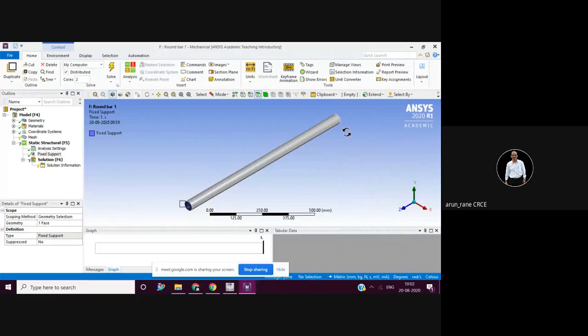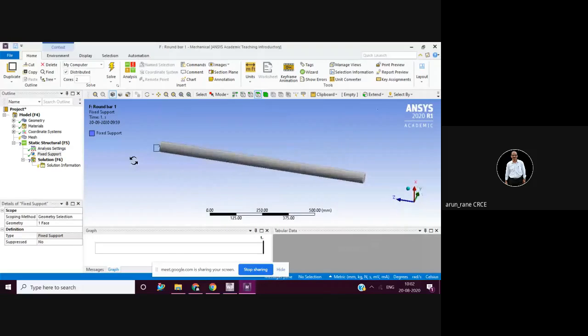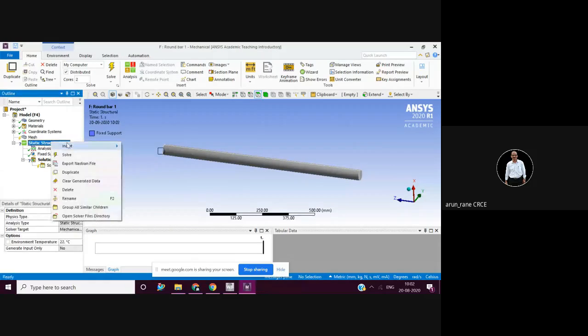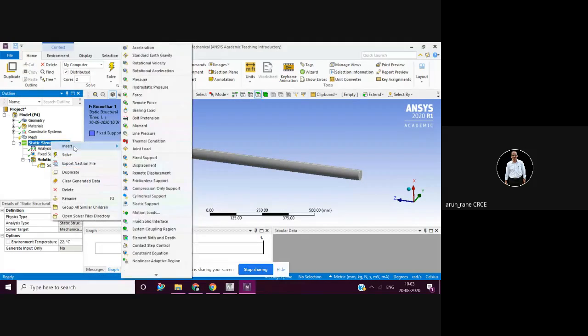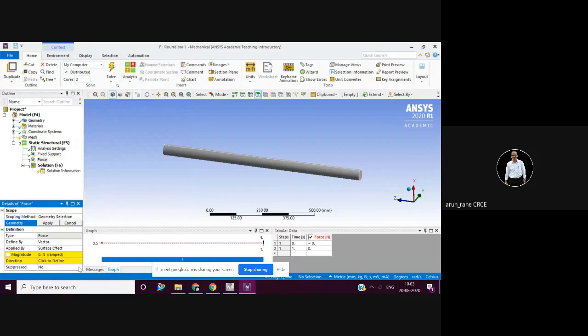So I'll rotate and I'll apply it on this face now. Force. I have to select the force first. So right click here, then insert, and select the force option.